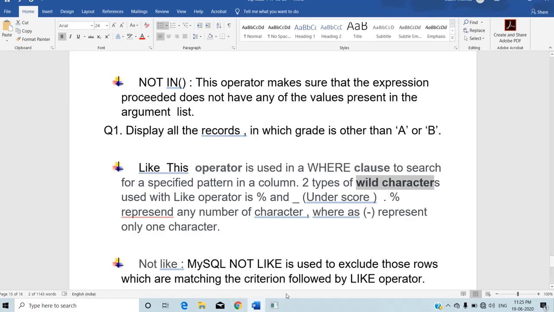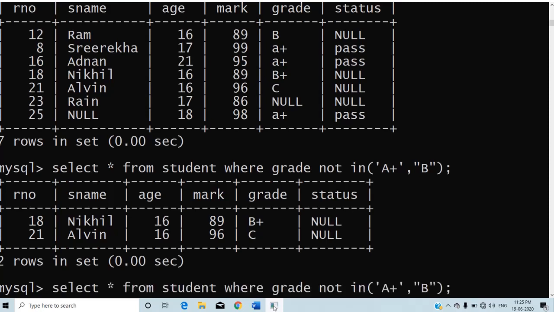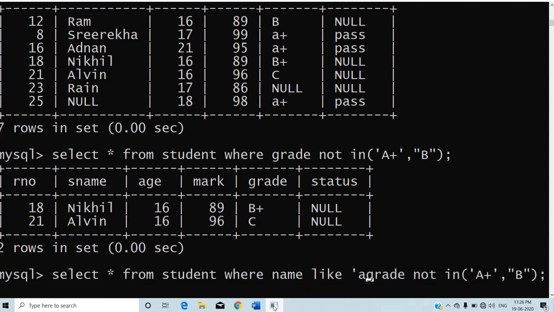Now I will try out a few examples here. I am going to type select star from student where name like, and LIKE is always used along with the character data type or string values. A percentage. What is the meaning of this query?